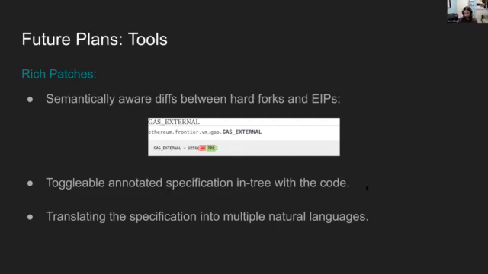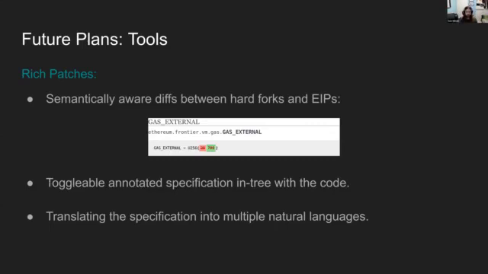Another feature that we've seen a lot of desire for is toggleable annotations. If you've seen the annotated specs project, then you'll know exactly what this is. But if you haven't, it's kind of like a longer form English description of what the specification is describing, explaining the rationale behind it, why it is the way it is, and maybe some notes about implementation. So we want that to be maintained in the same place as the specifications themselves. That'll help keep them up to date.